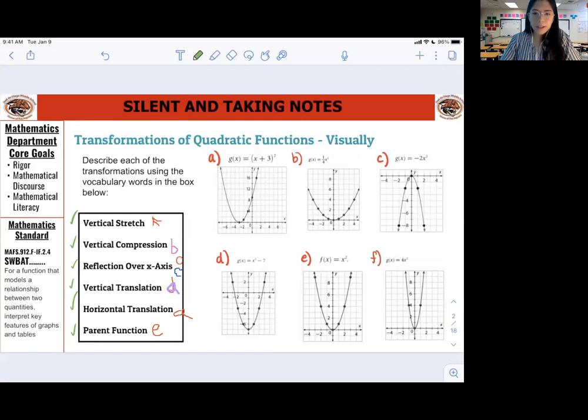So let me quickly just go over these, in case anyone who was absent yesterday just needs a quick refresher. E is the parent function. So E is where we compare everything to the parent function, because the parent function is like the original, the OG. So looking at answer choice A, it was moved over to the left, 3 units to the left. That's why answer choice A is a horizontal translation, because it's going 3 units